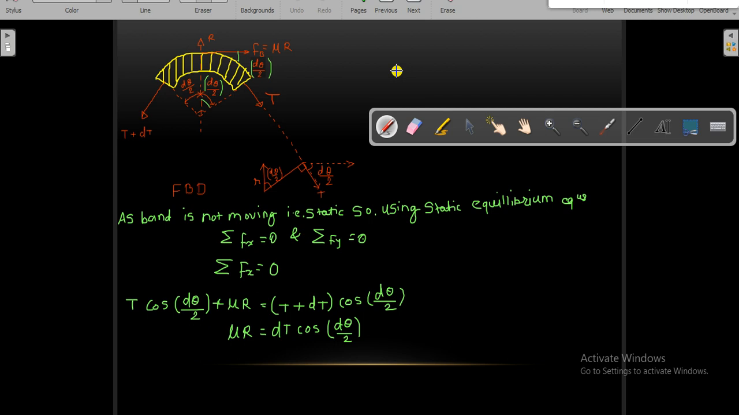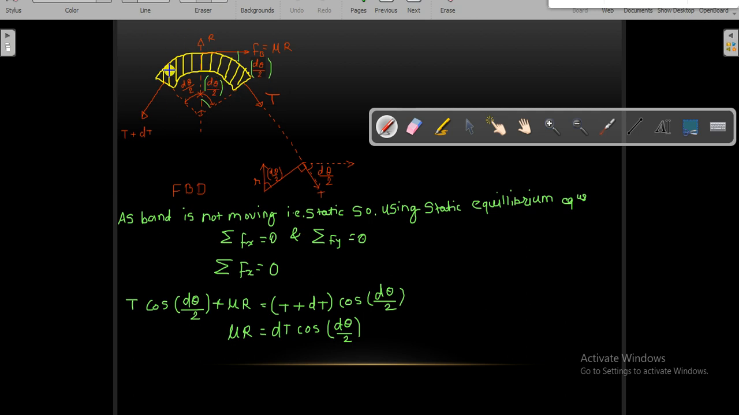Now to find this relation between T1 and T2, and how the tension value along the length of the band will vary, whether it increases or decreases, we will use the static equilibrium equations. As we know that this band is in static condition, it will not rotate, so we can use the static equilibrium equations. As we have seen in the previous figure, the red lines were making a very small angle d theta,